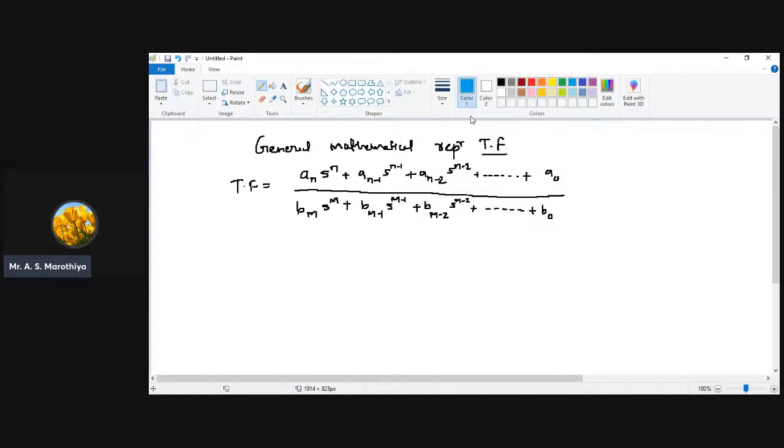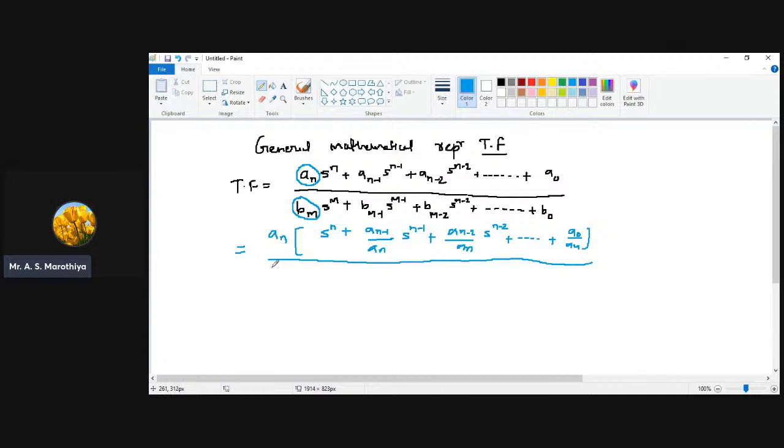Now suppose through this numerator and through this denominator, if we take some terms as common, and the term which we are going to take common is nothing but a_n from the numerator and b_m from the denominator. So I can rewrite this equation as, if you take a_n common, it is going to be s^n plus a_{n-1} by a_n, then s to the power n minus 1 plus a_{n-2} by a_n s to the power n minus 2 plus so on up to a_0 by a_n, whole divided by,